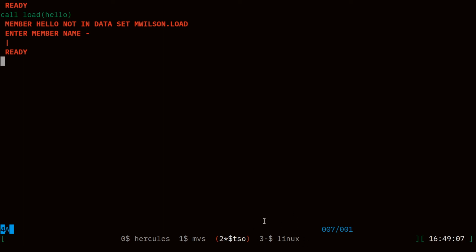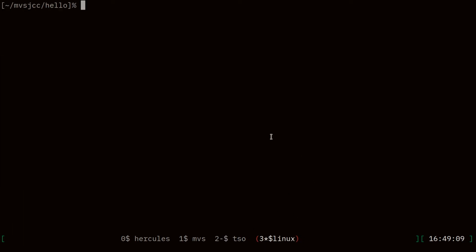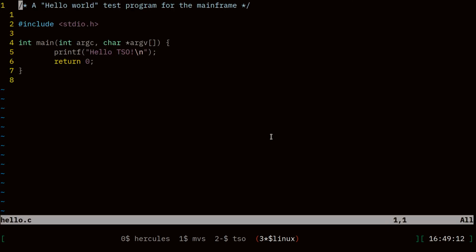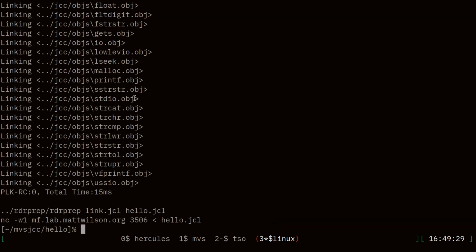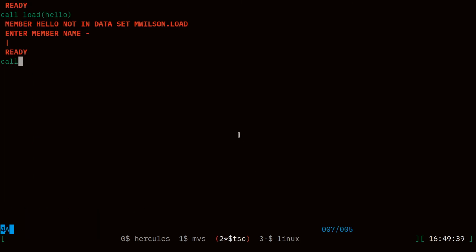So now let me switch over to my Linux shell. And I have a hello.c file here. So simple stuff, it should just print hello TSO. But of course, this could be whatever C program you want. Now I'm going to type make install, and you can see a bunch of stuff happened and the make file finished, and I'm back at my shell prompt here in Linux. Now if I go back over to TSO, if I say call load hello,